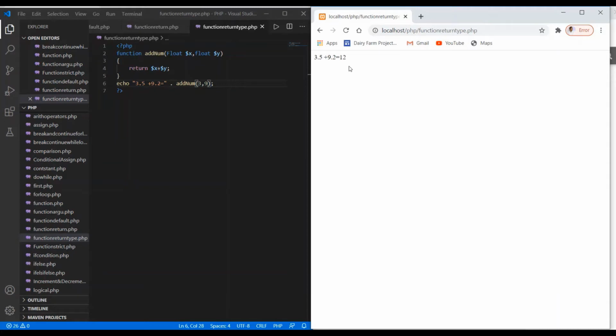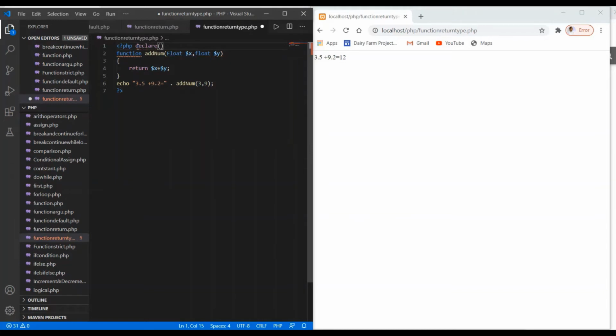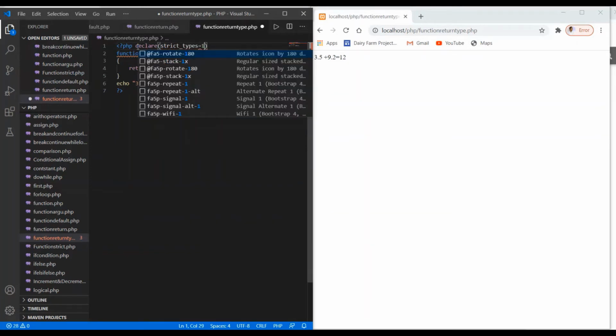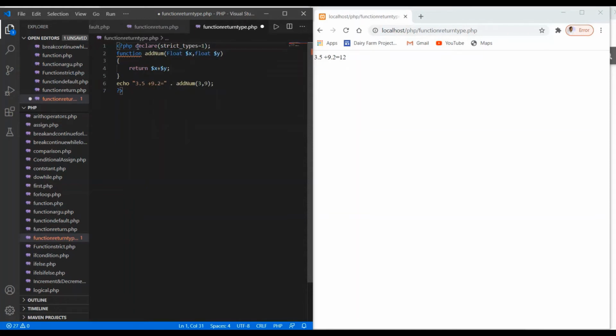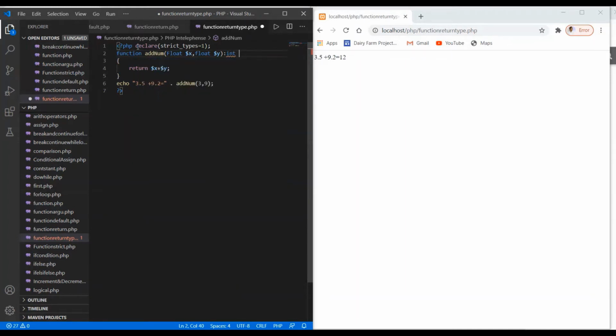So in order to do that, I have to declare, on the first line, declare strict_types equal to 1, and put the semicolon here. And I want the value only as integer, so here I have to use a colon, and write int, and then put the curly brackets here.